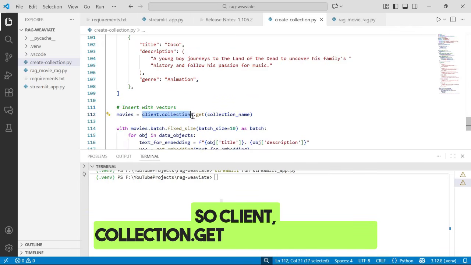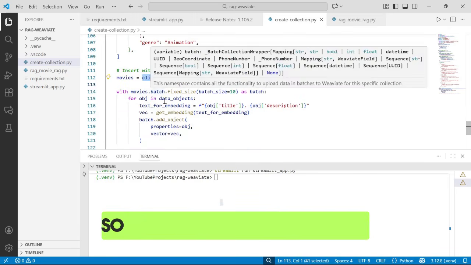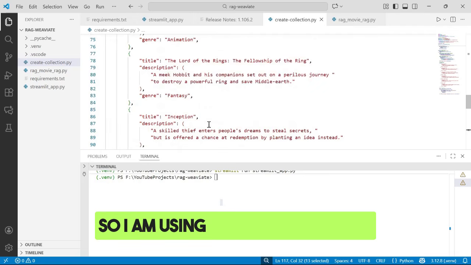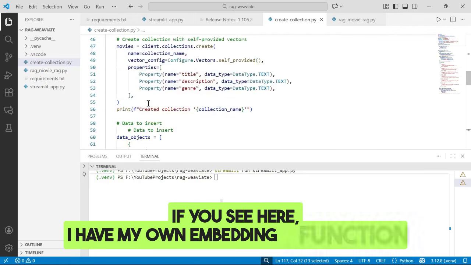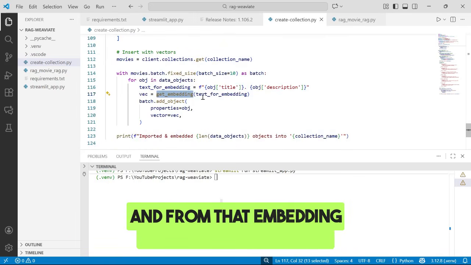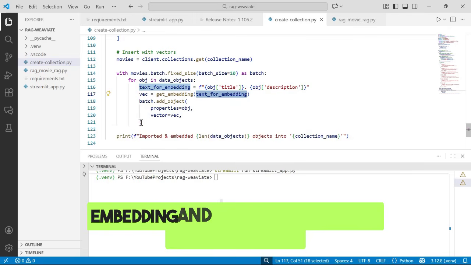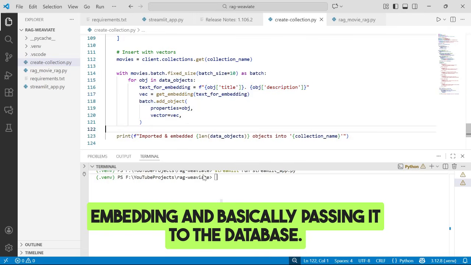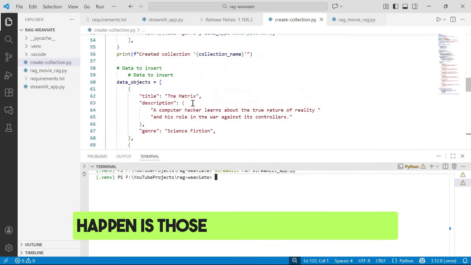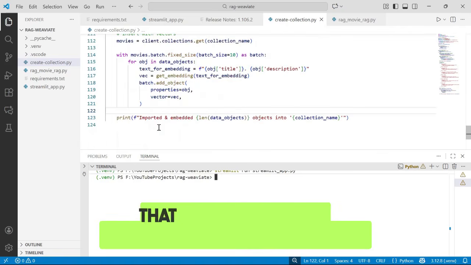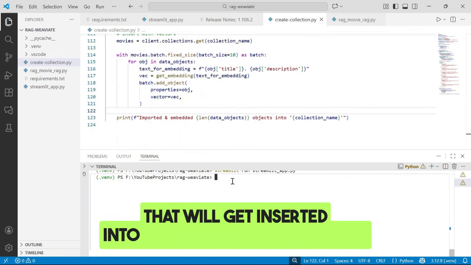So client.collection.getCollection name. So I'm calling that embedding. So I'm using my own embedding. If you see here, I have my own embedding function here. And from that embedding function, I'm creating embedding and basically passing it to the database. So if I run this, what will happen is those 6 data points, right, that will get inserted into a